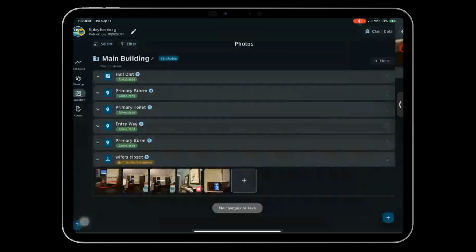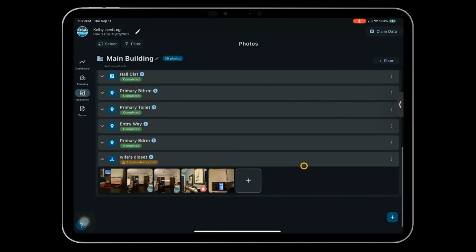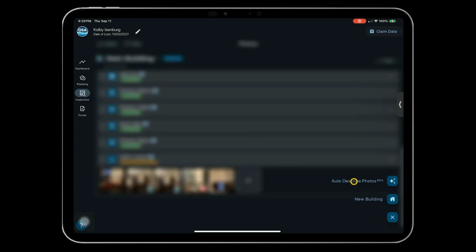As then one other thing I do want to show you is I can go in here, and I can select, remember, I can select all the different photos. I can go in and select them all, whatever I need to do, hit done again, and then I'm done. Or I can go down here, and I'm not going to do it right now, but I can auto label. Actually, there's only one photo that I can auto label. I can click on auto label, and what we've done is we've written basically a page and a half worth of criteria